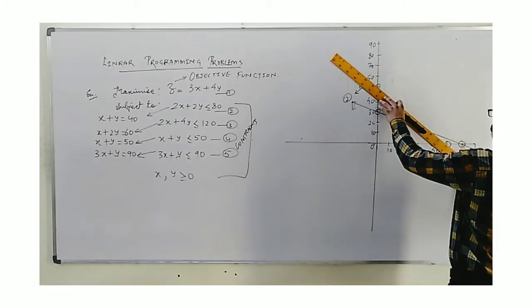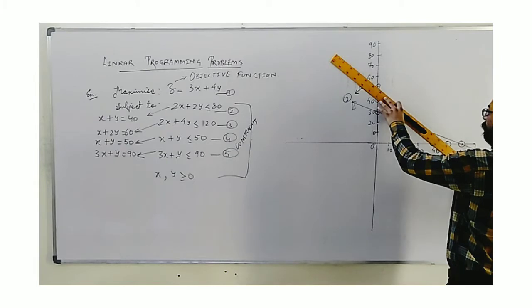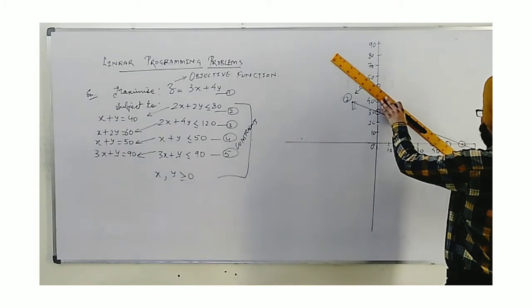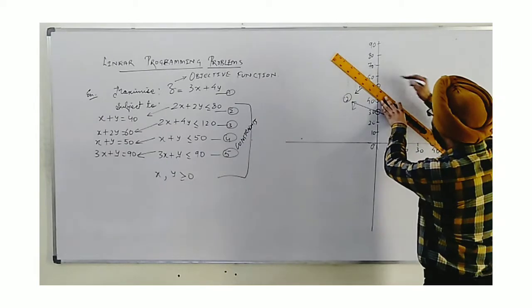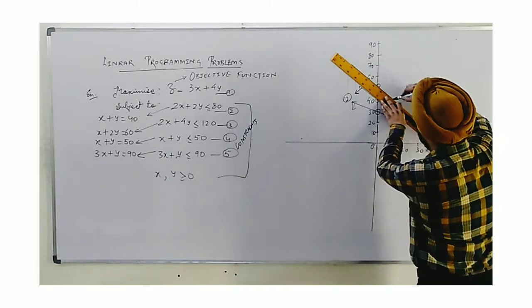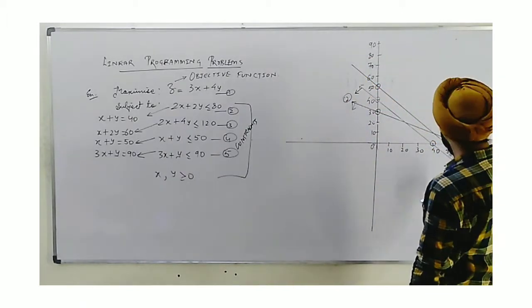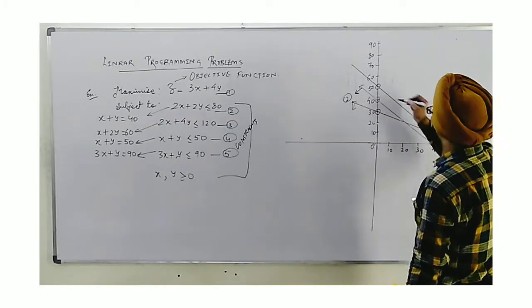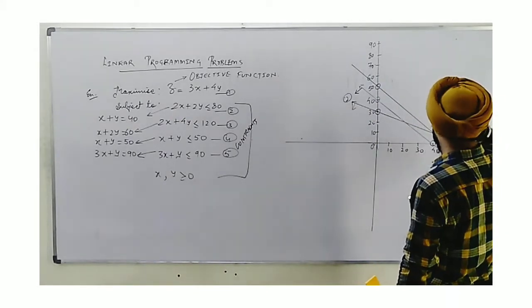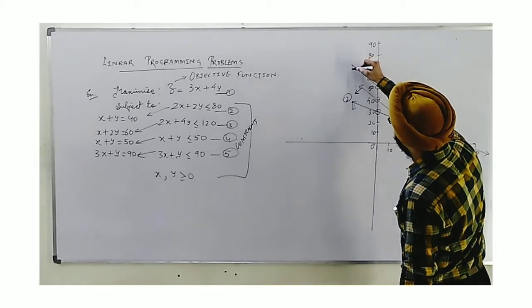A different type of condition we have. As I said in the previous question, you may be given more than 2 inequations, so we are having more than 2 here. Mainly there are 4, and the compulsory condition is x and y greater than or equal to 0. So we have seen.